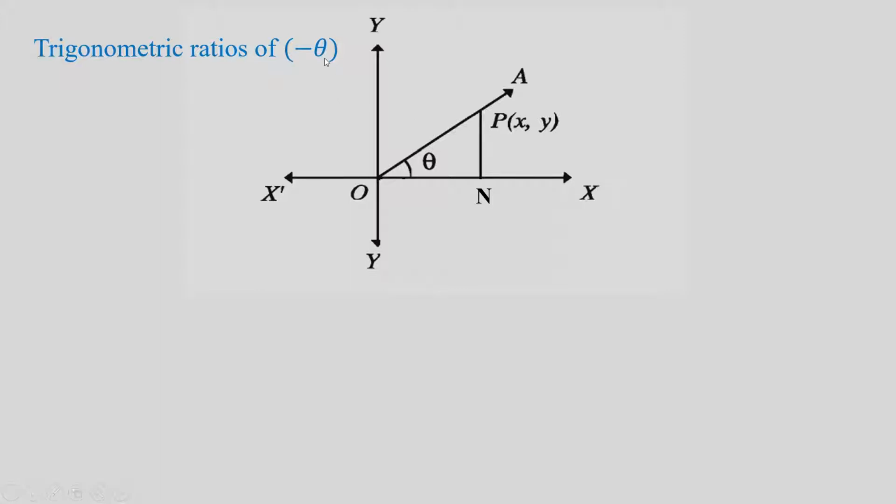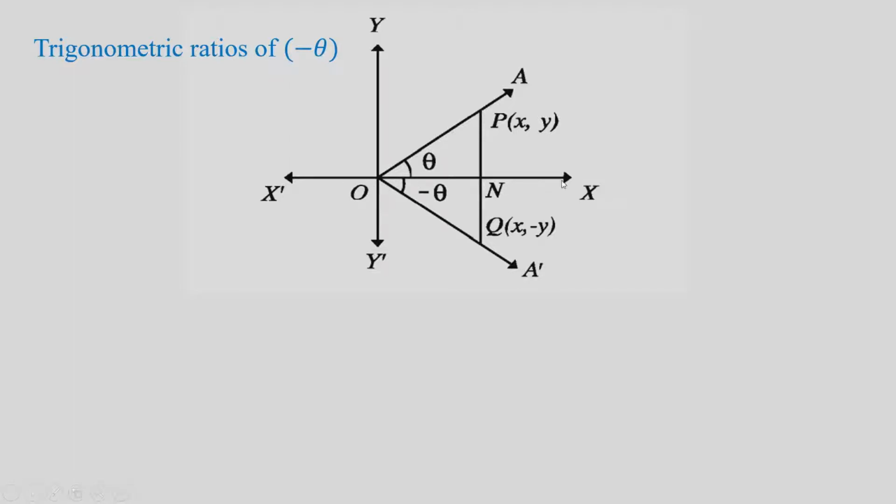Now we draw angle minus theta. We know a negative angle runs clockwise. So we draw XOA prime equal to minus theta. Okay, and we cut OQ equal to OP from OA prime. This length OQ is equal to this length OP, and draw perpendicular QN